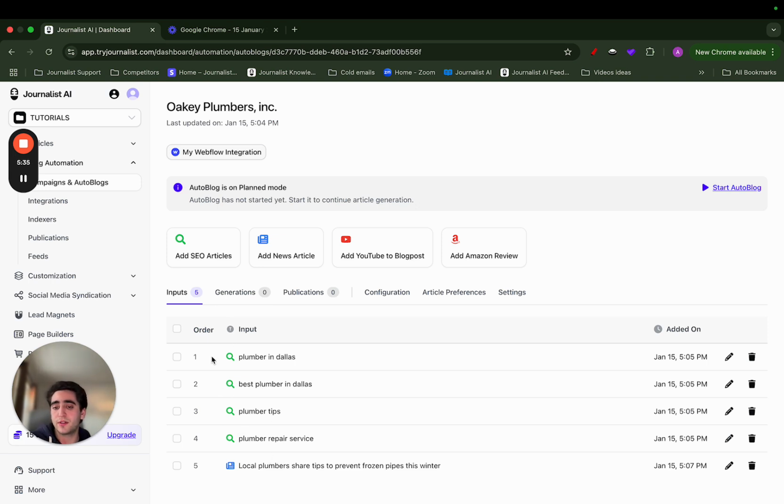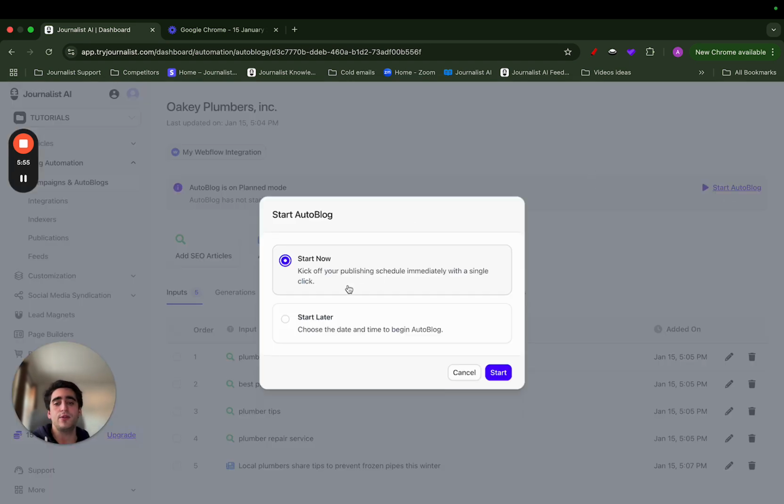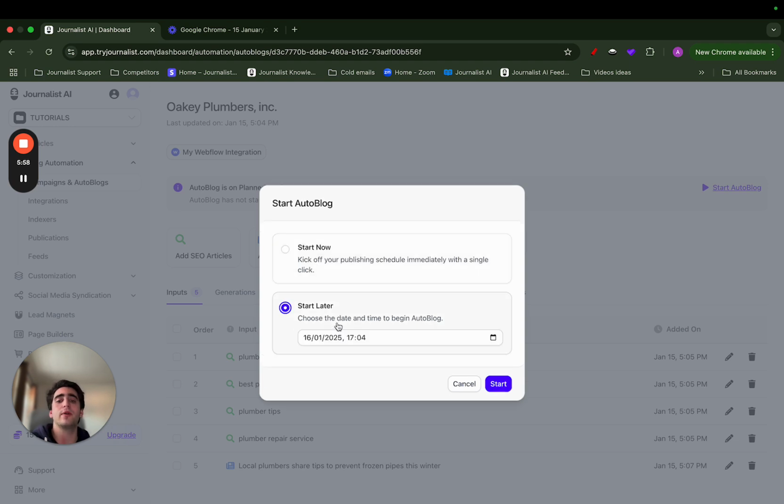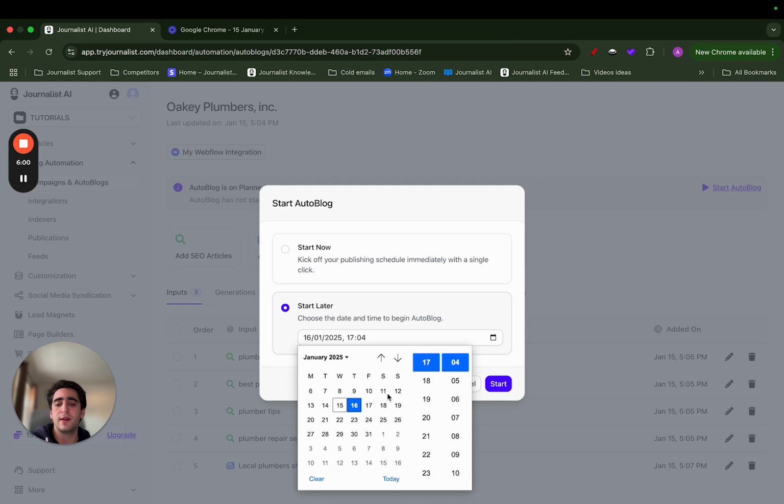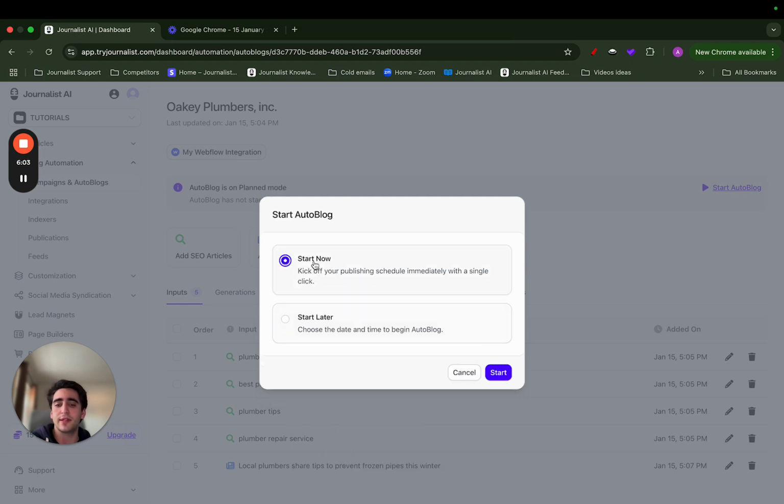We will have articles for these 2 for tomorrow, these 2 for after tomorrow, and the next day you will run out of inputs. So you have to be paying attention to these and keep adding inputs so your Autoblog doesn't run out of content. And once you are comfortable and done with the configuration of your Autoblog, you just click here on start, and you can either start it right now or you can choose to start later and set a specific date for it. Let's start now, and our Autoblog will start working as of now and start generating articles. So yeah,